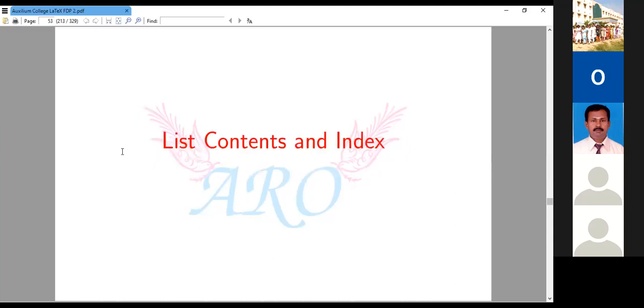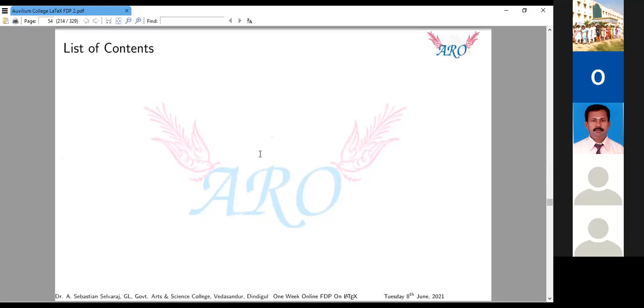So then, how to prepare a list of contents? There is no time limit, so a little bit fast. Without demonstration, I will share this code with you. So for the list of contents, just see the list of contents and the index. For a list of contents, only one line is enough. There are three types. First one is table of contents. Second one is list of tables. Third one is list of